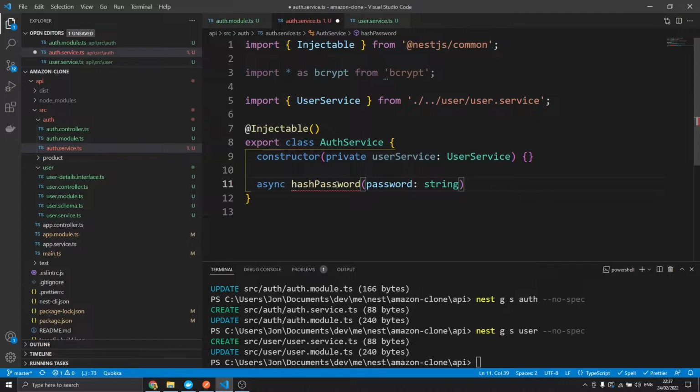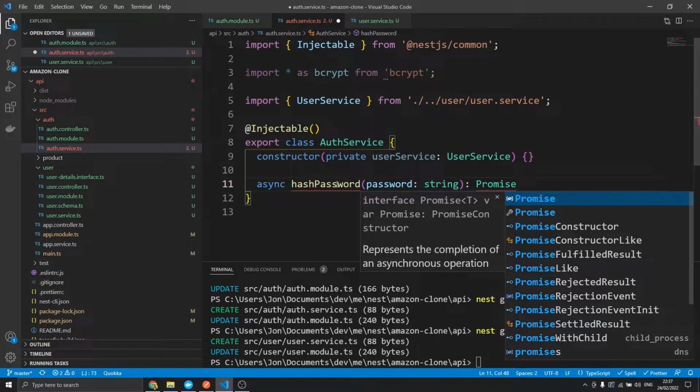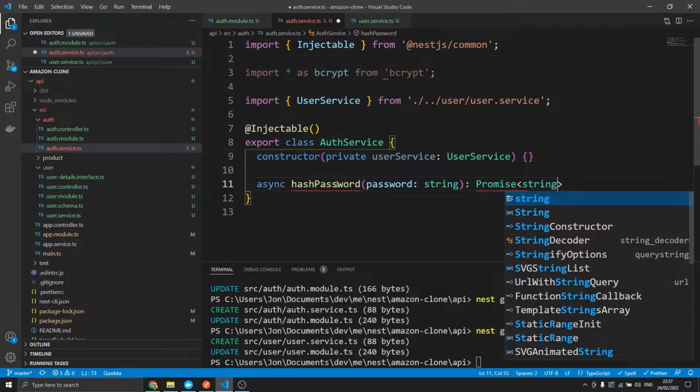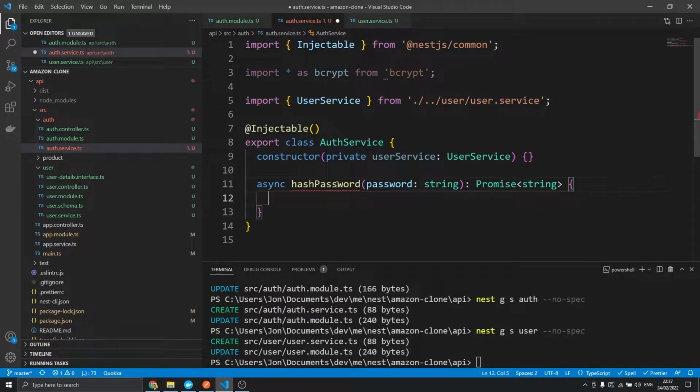So it's only when it hits our server that the server recognizes it as a string. Then we're going to take that string and we want to return another string, and the string we're returning is the hashed